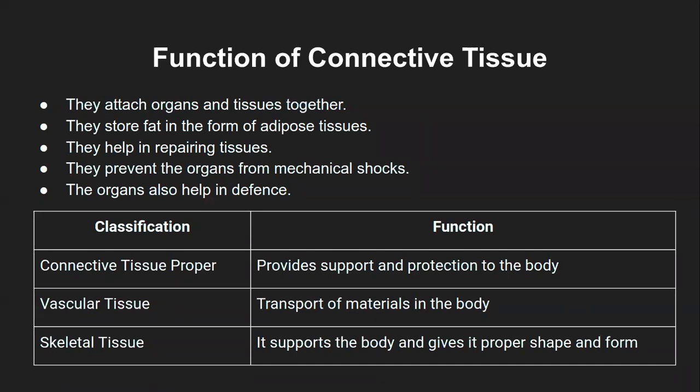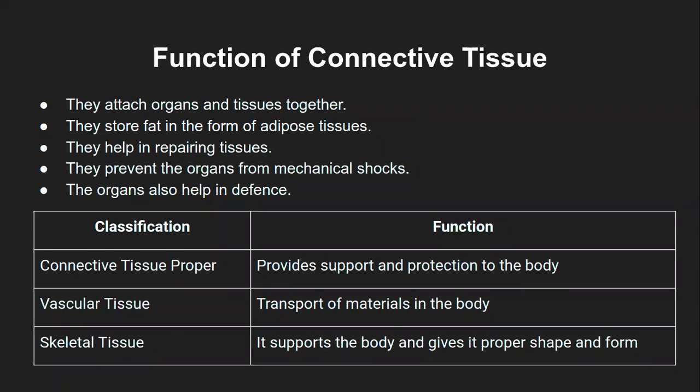They also help in defense. Defense means protecting from the entry of pathogens from outside the body. So the deeper layers of the tissue, or even the organs themselves, are being protected by this connective tissue, because they are present in between. So they ultimately also provide some sort of defense. Some of the connective tissue is known to have immune cells, and that is another mechanism by which they protect the body or the organs.